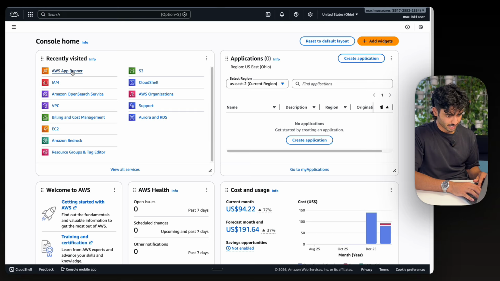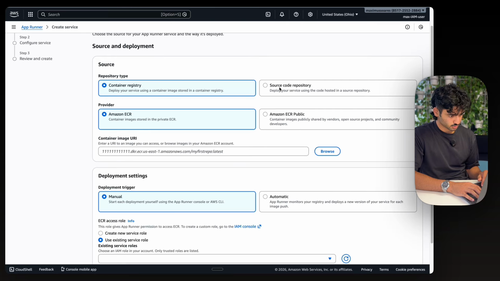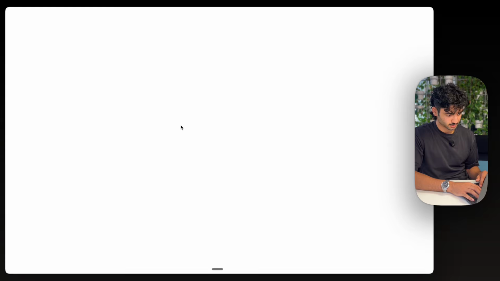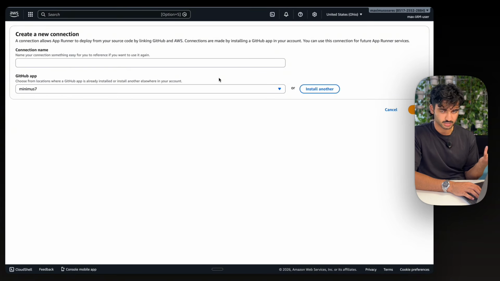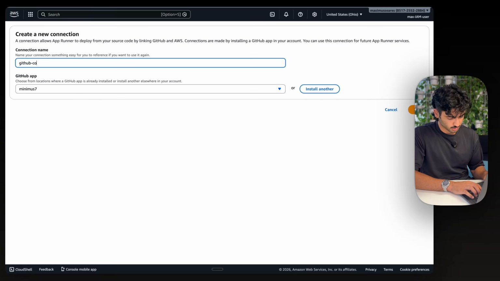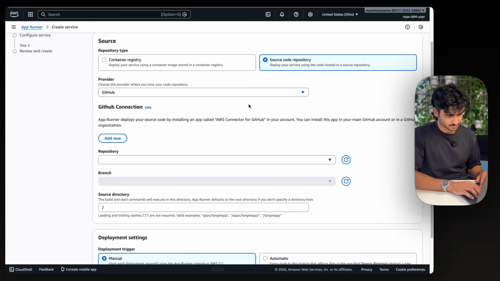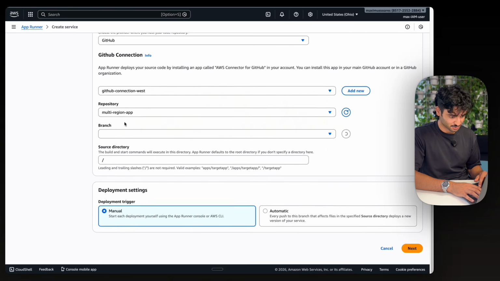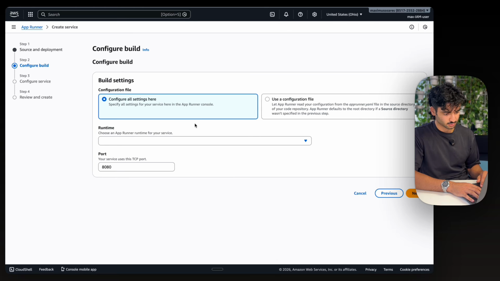Let's go back to AWS App Runner here, create an app, source code, add new connection. Oh, and by the way, the reason on the last page you didn't see any resources pop up, like you're wondering, where is our last connection? It's because it's region specific, right? So we wouldn't actually see our US East 1 region connection. In here, I'm going to call it GitHub connection west, and I can just hit next, cancel again because it has those issues. Refresh the page, source code, and we should be seeing it right here. Beautiful. Automatic deployment here, same settings as we ran before.